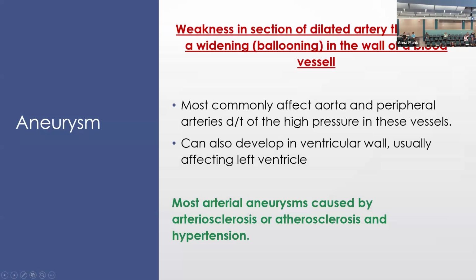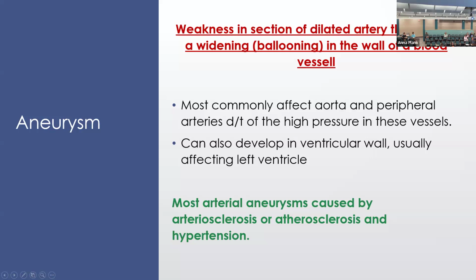An aneurysm is a section of an artery that has balloon damage. That's what it is, plain and simple. We've talked about pressure, the vasculature, cardiac output. This ties in. That's why it has to stick with this topic. The most common place is your aorta, which comes off the top part of the heart and goes straight down the center, feeding your kidneys, your liver, all of that. Most of the time an aneurysm has to do with arterial sclerosis